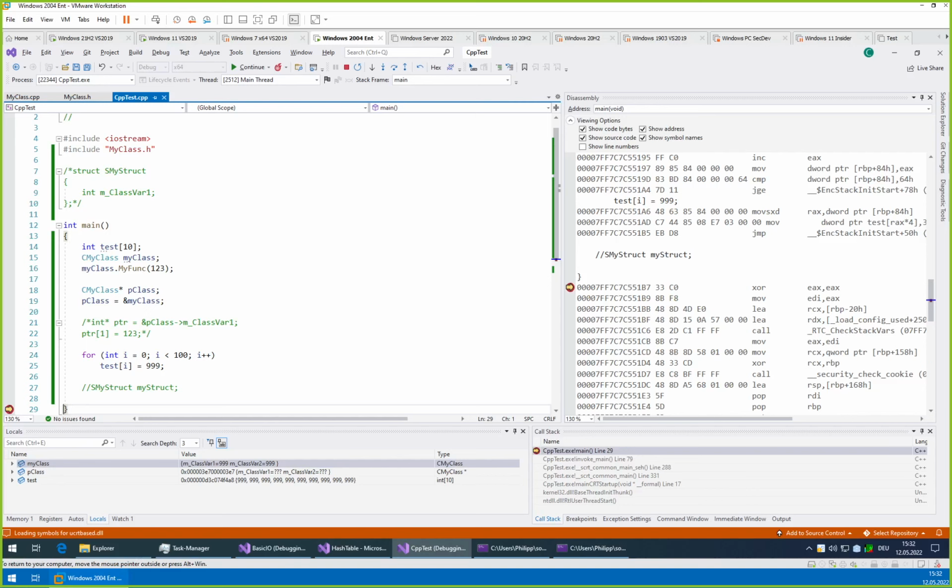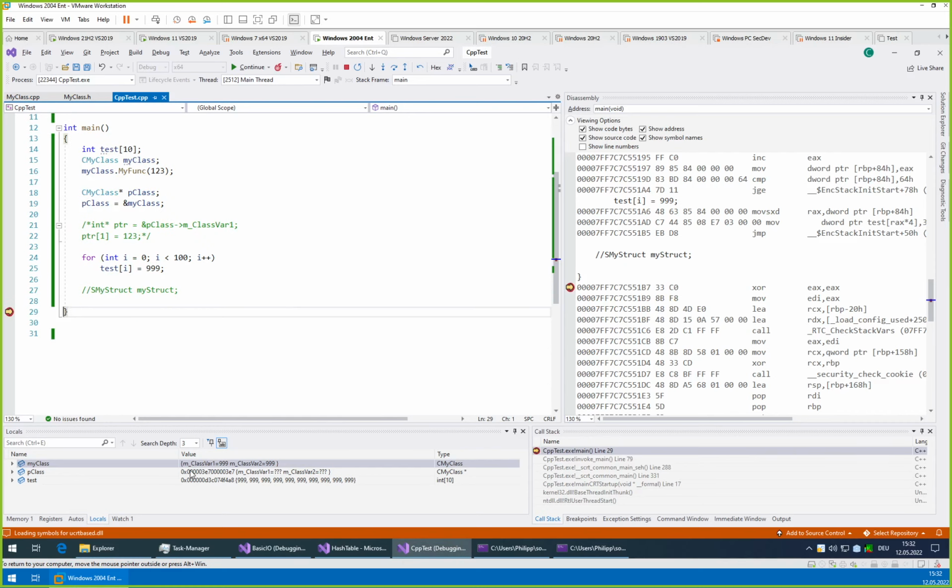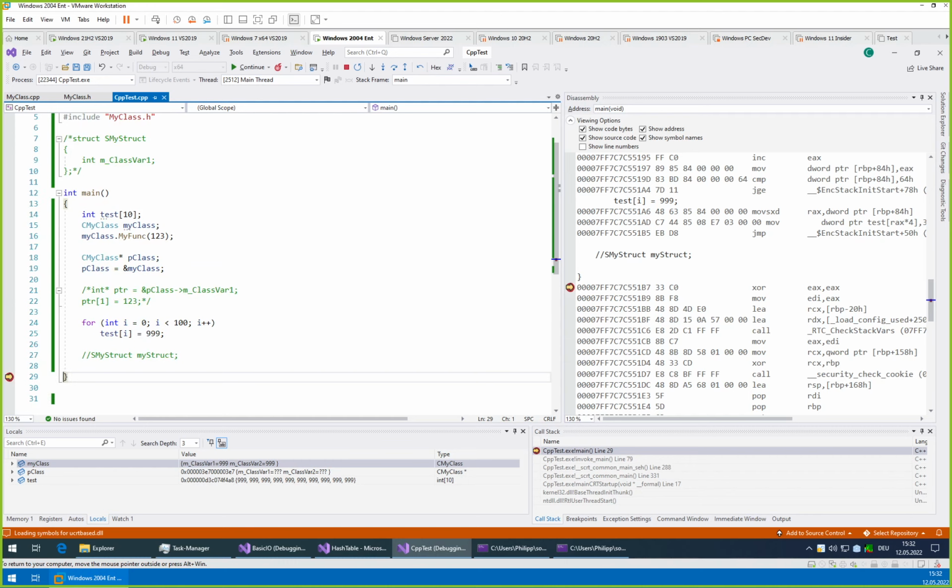If we now look into it, at least it should, yeah. So you see it overwrote just everything, and we overwrote a bunch more memory with 999, which we shouldn't have. But this simply demonstrates that there really is no protection within a C++ application. If you start writing at memory addresses, you can overwrite anything with anything and create arbitrarily hard to debug bugs.